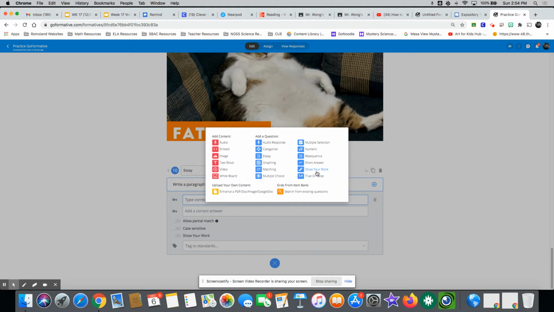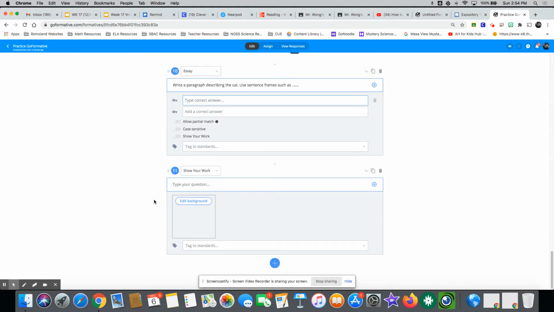Let's say you wanted to do a show your work. Okay. So what is 1 plus 1? Show your work. Over here, this is what the students will see. And the students, you'll have to familiarize your students with knowing how to operate this. Now, if they don't have a mouse, honestly, it can be quite challenging. I would shy away from show your works until you can really work with your students and familiarize them with how to operate these